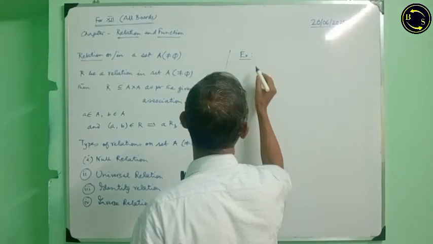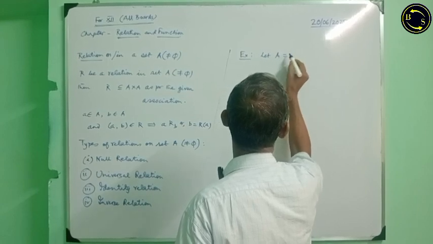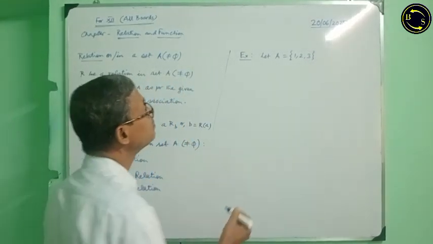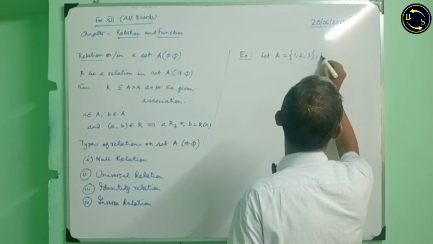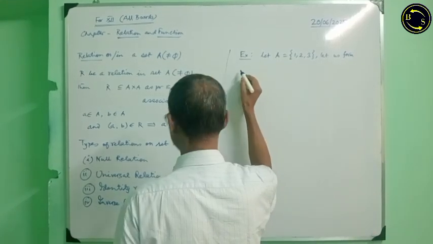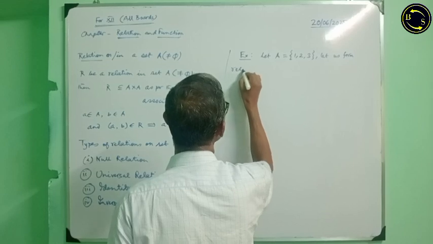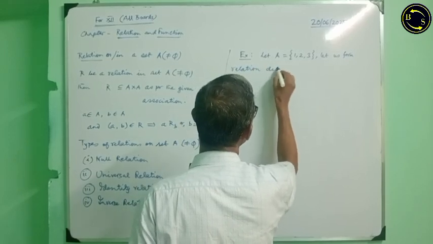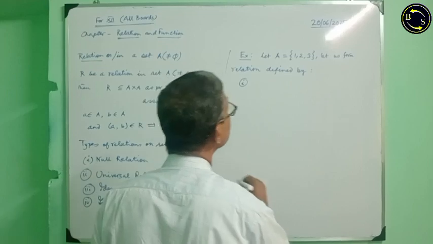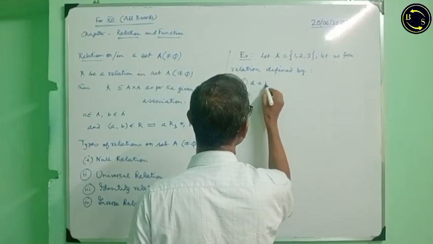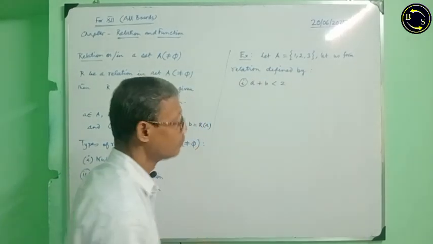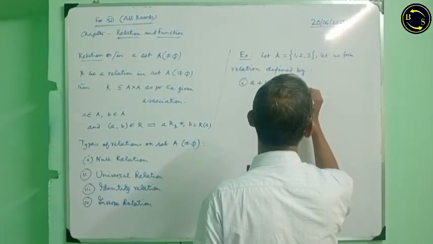Let K be equal to the set {1, 2, 3}. Let us form a relation defined by number 1, A plus B less than 2, where